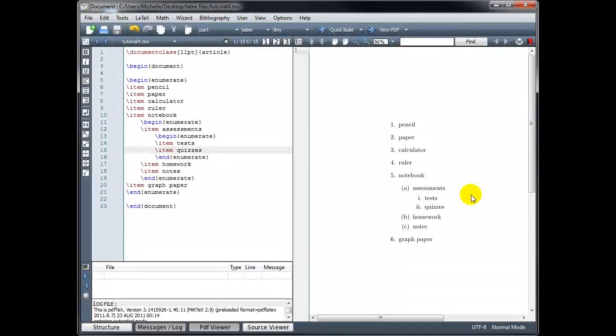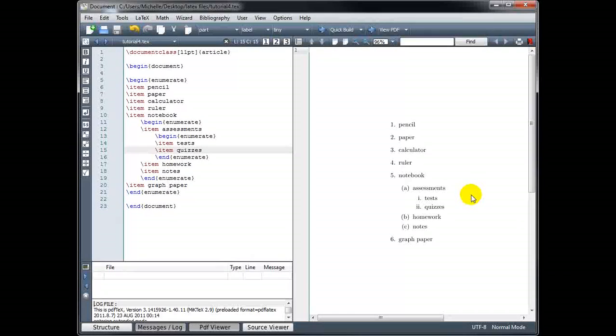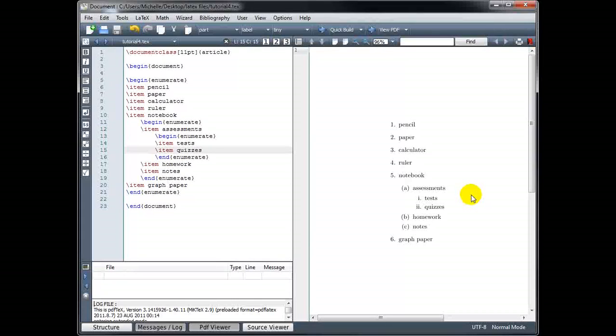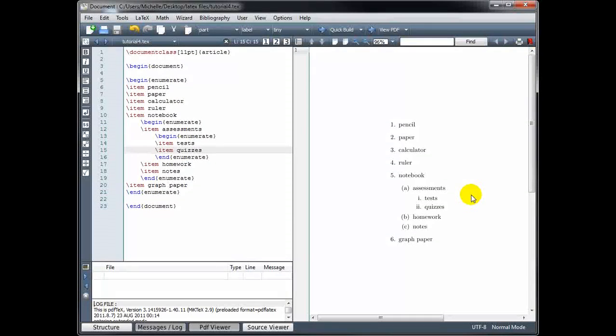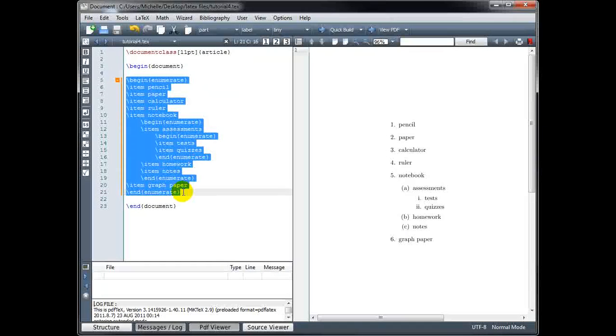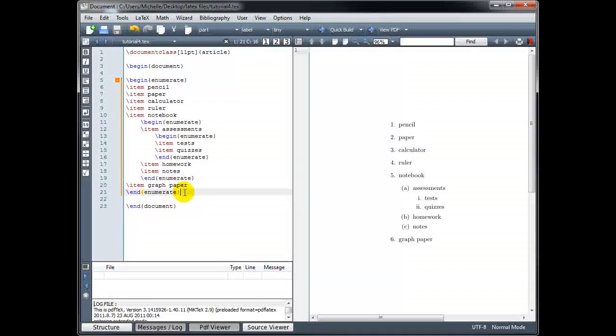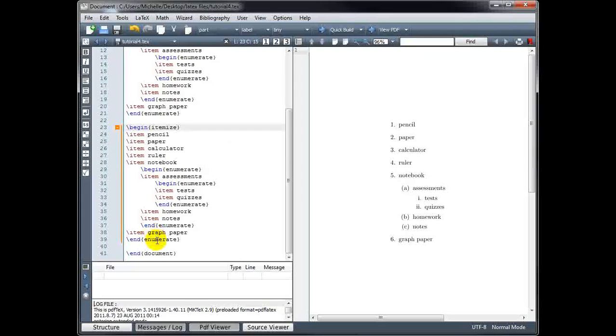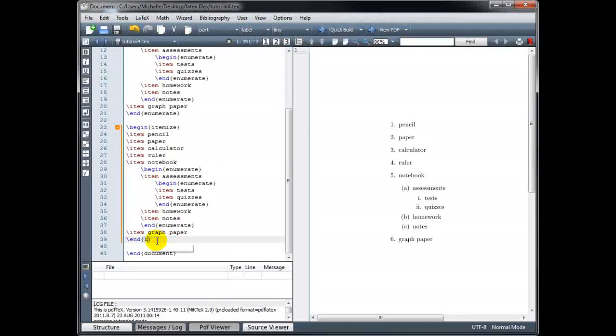If we want to create a bulleted list instead of a numbered list, the code is very similar. Just instead of the word enumerate, we're going to use the word itemize. So I'm just going to copy the work that I've done here, and I'm going to change enumerate to itemize, and you have to change the begin tag and each of the end tags. So there's my begin and my end tag,